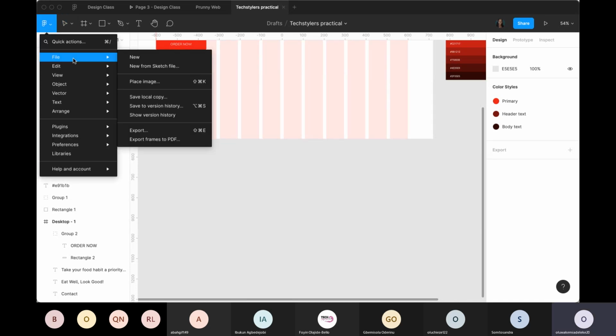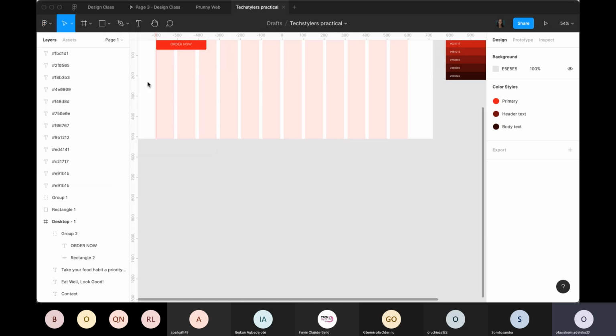Our take-home assignment will be to replicate what we just did in class today, this practical. So you need to be conscious of your spacing, conscious of your